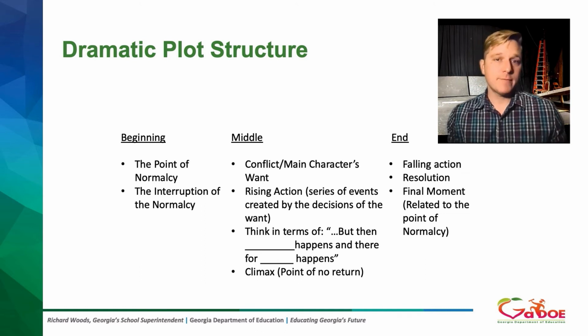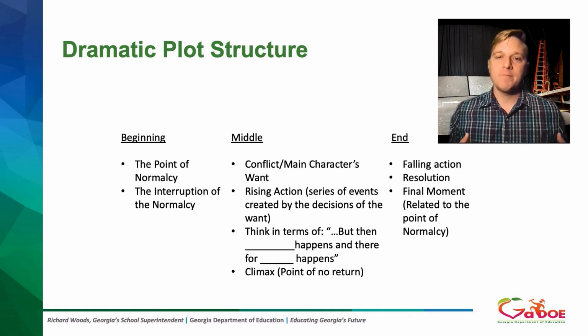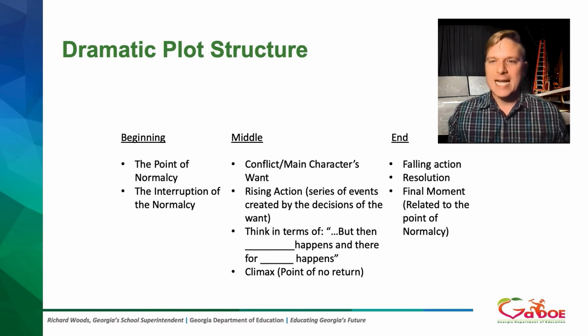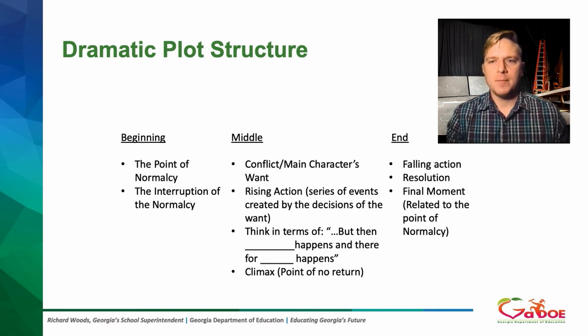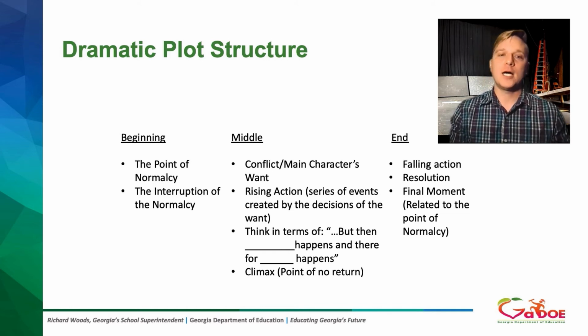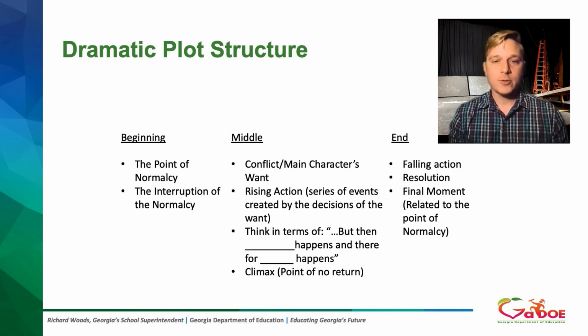So characteristics of the beginning might include what some folks call a point of normalcy. This is the state of the world as it is. Often, when telling stories, it's a broken state of the world, an imperfect or an unsustainable state of the world. Then there is an interruption. This is the inciting incident. This is an interruption to the normalcy, the point at which something occurs, forcing characters into action to deal with the conflict.